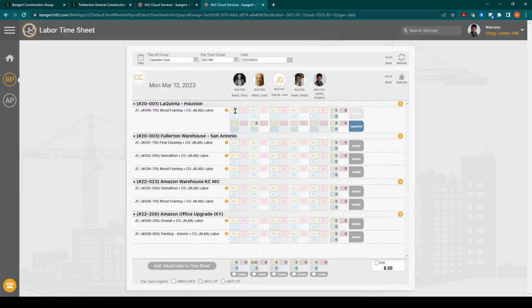What's really nice about this is I could come in here and say, we worked demo on Monday on this project of Fullerton Warehouse, and I can just say 8 here for Terry. And you have some options here. For example, if your crew's doing the same thing, you most certainly can just key through and enter 8 for each of the crew members. But if you have a large crew and they all work the same amount of hours, you can come in here and click copy. You could do this after each line, or you can do it after each week if you want to. But let's go to copy here.